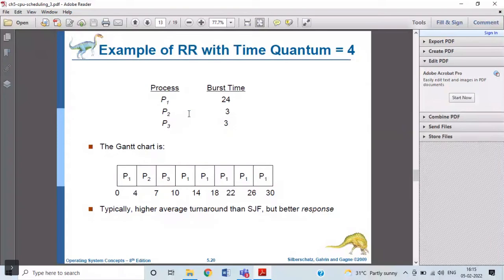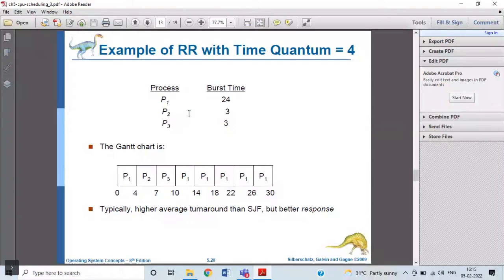So the Gantt chart here is, for the round robin scheduling algorithm, always given with the time quantum, which is equal to 4 seconds. The Gantt chart should be like this. For P1, though its burst time is 24, since the time quantum is only 4, it will first process for the first 4 seconds, and preemptively give the processor to